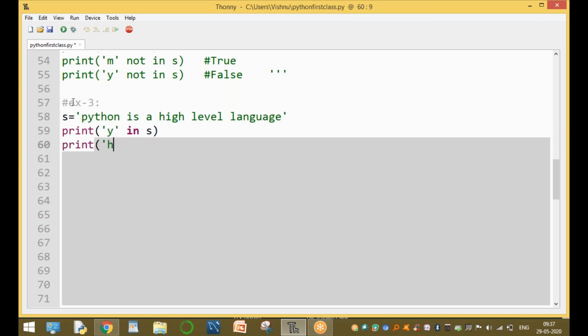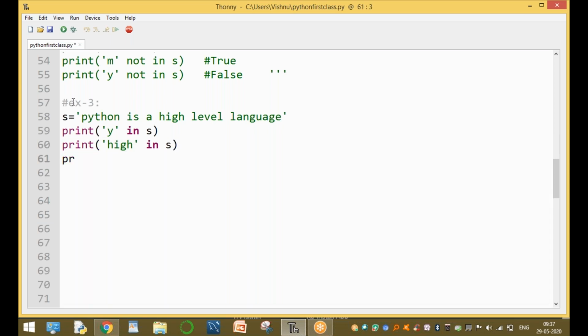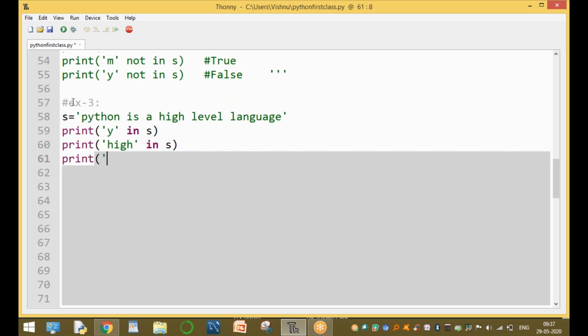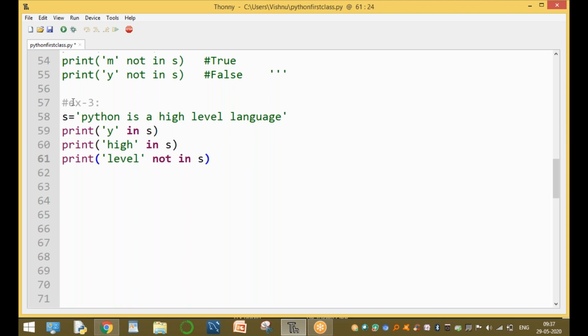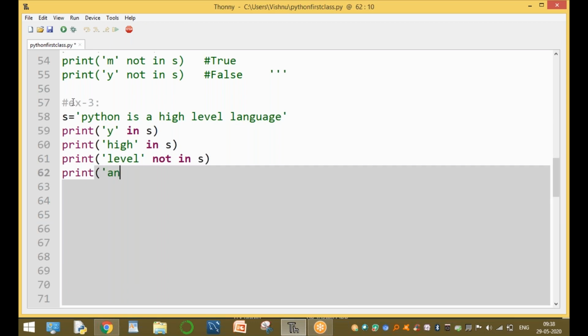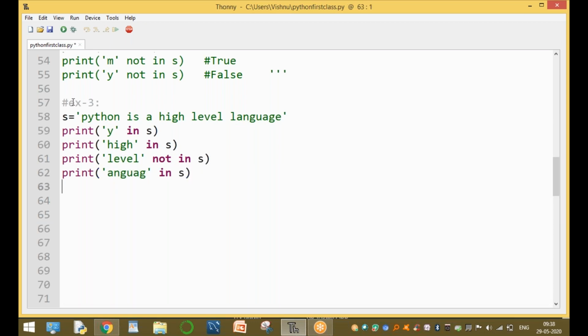Print of i in S, true or false. Print of level not in S. You can use the entire string also. Print of language in S, true or false.